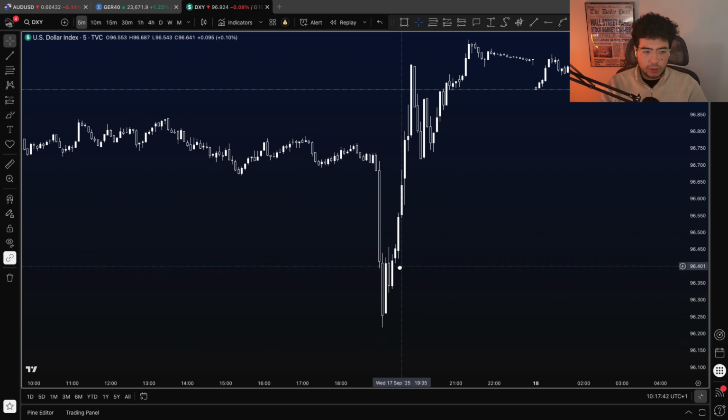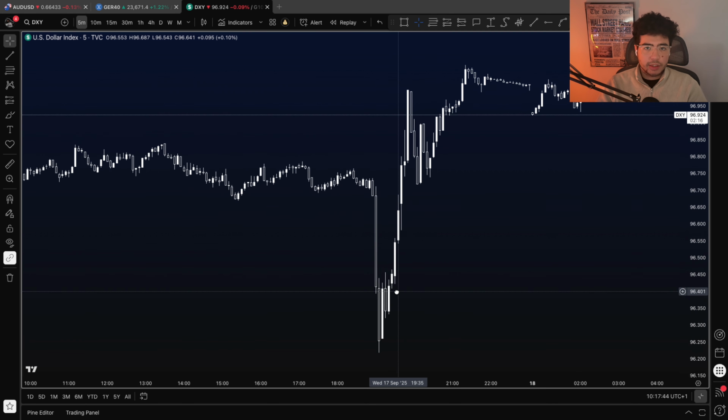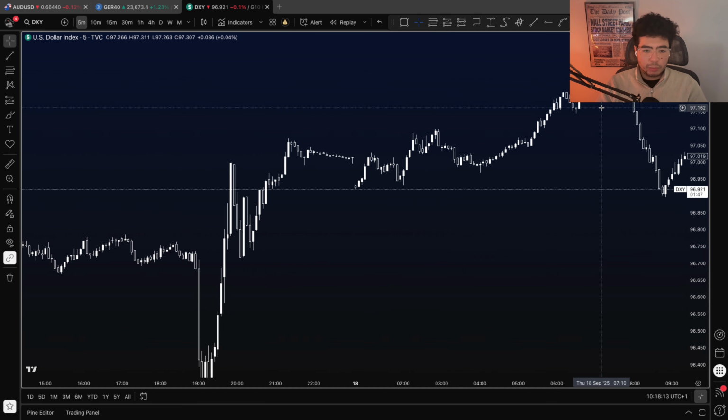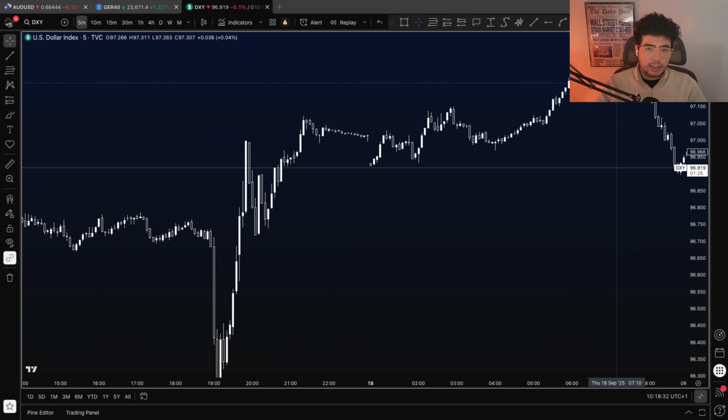As Powell started talking and clarified their stance and objectives, we can see the dollar decided to reverse and move higher and continued to push up throughout the speech. And this dollar bullish reaction continued up until the start of London session this morning. And this is an extremely great example of why you don't trade the rate decision. You should wait for the forward guidance.